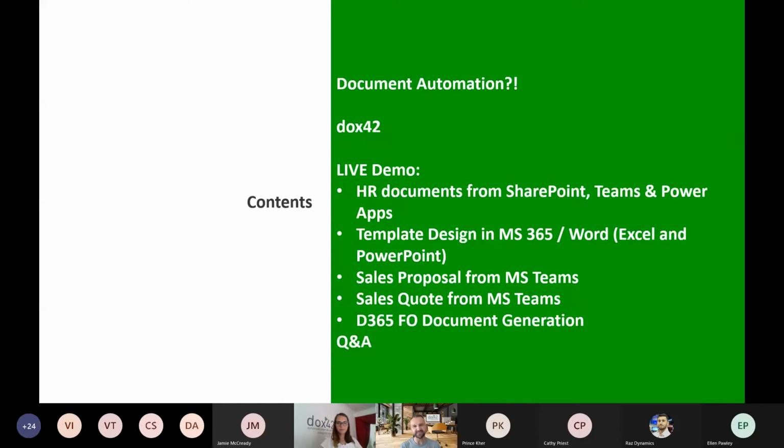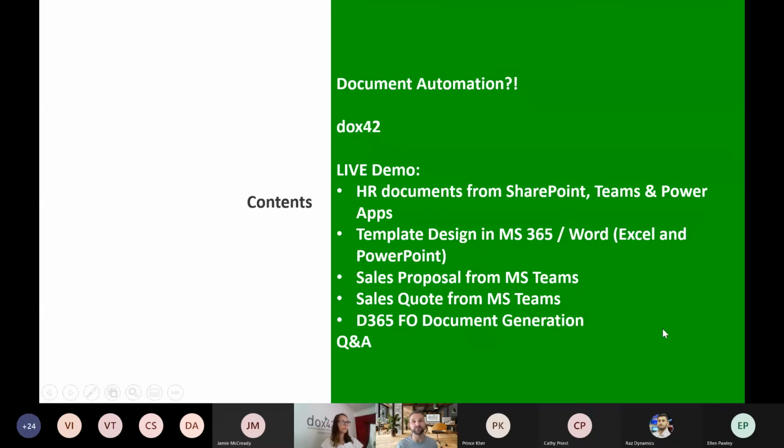Yeah, and finance and operations, we might not be able to make it today, but it's kind of the same principle, and it's just very important for us to know that there's also an integration for the document automation in F&O. The Q&A is in the agenda in the end, but of course, feel free to ask anytime. I will just open the chat on my left-hand side so I can see all your questions, and in case they are in combination with something that we can do in the live demo right away, we'd be happy to do so.